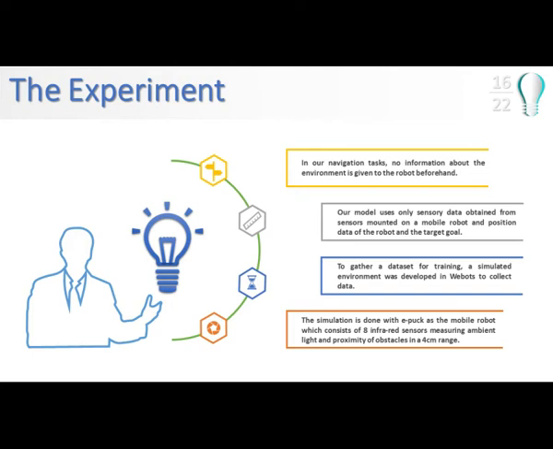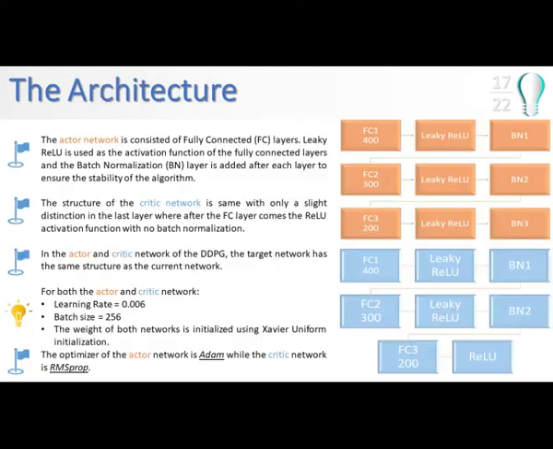The navigation task is a task where we didn't use any prior knowledge, and our environment is given in the test environments. So the architecture of our networks: the actor network is portrayed in orange, and the critic network is in blue. In the orange actor network, we can see we used a fully connected layer for the first layer, and the leaky ReLU layer for the activation function, and we use a batch normalization layer for each layer to ensure the